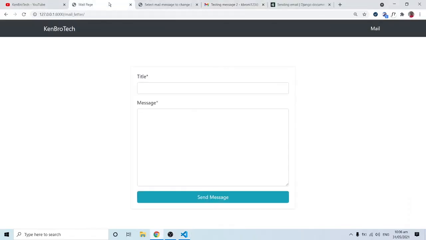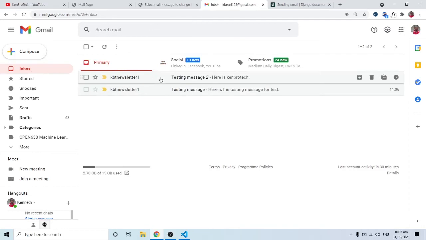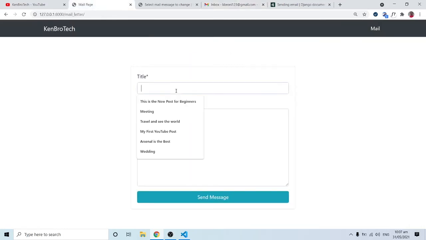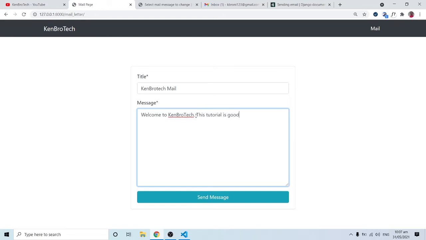So now when I come back and refresh, we see that no message will be sent into our mailbox because we haven't typed in anything. But now let's type in a few things over here. So I'll say KenBroTech mail for the title. So KenBroTech mail, and I'll say welcome to KenBroTech. This tutorial is good. All right, so this is a message. Now when I click on send message,